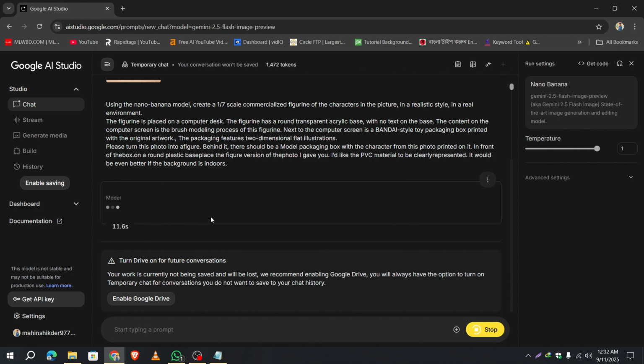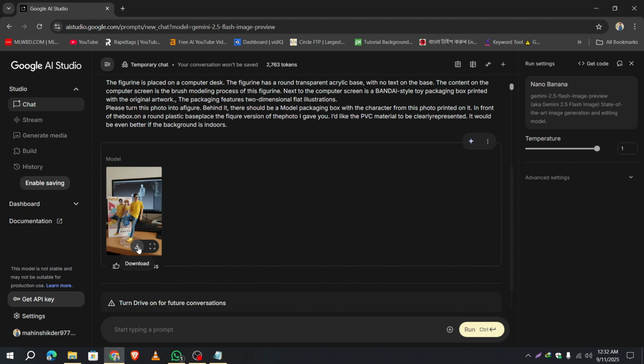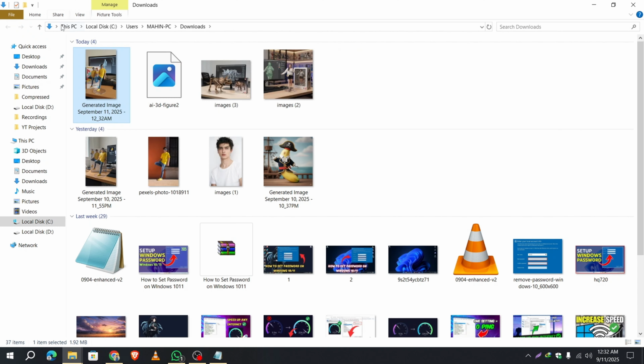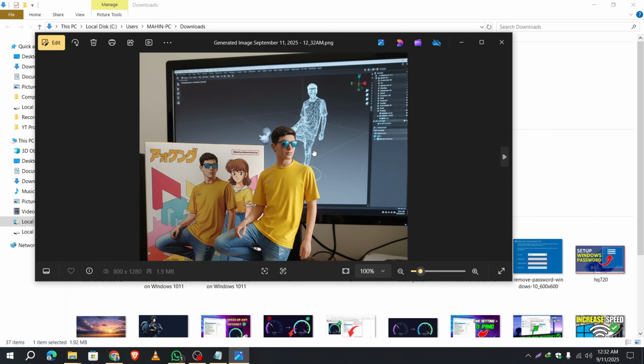Wait for some seconds, and as you can see the process has been completed. Now click on the download button and it will download. Now navigate to it from here and open it, and as you can see we have successfully generated 3D toy images